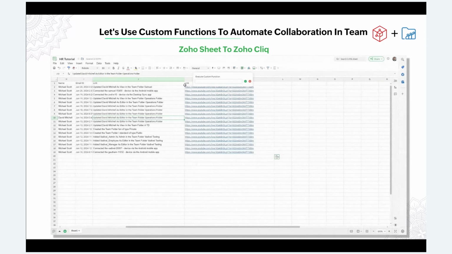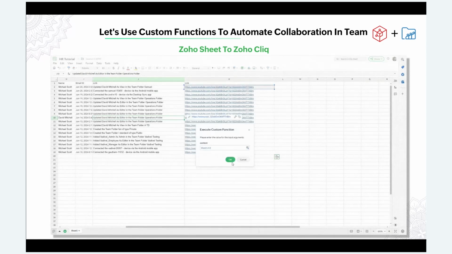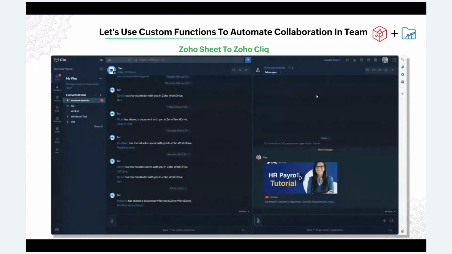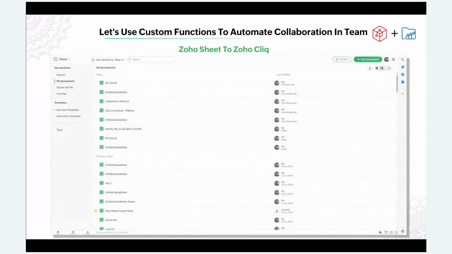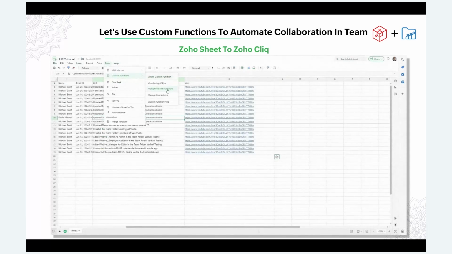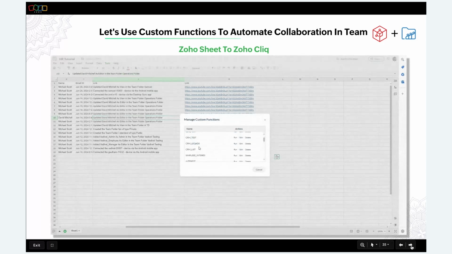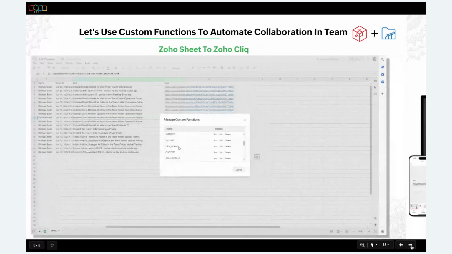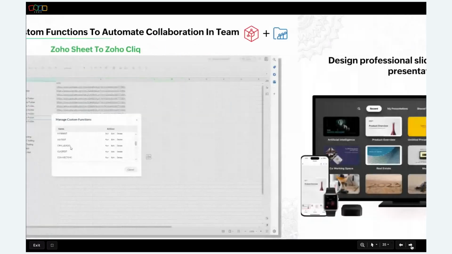In such cases, users can develop custom functions in Zoho Sheet to calculate these unique metrics, such as sales forecast, commission calculations for different regions, and region-specific performance indicators. Now I can see how custom functions help automate complex calculations, data transformations, and customized reporting. Yes, Priyanka. So next lined up is our Zoho Office Suite, that is Zoho Show,